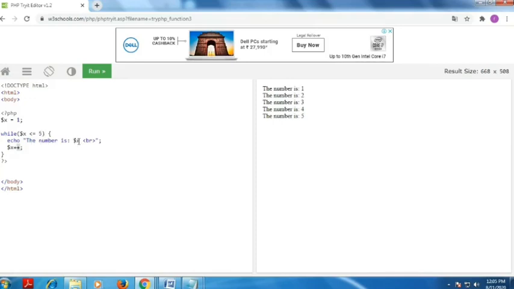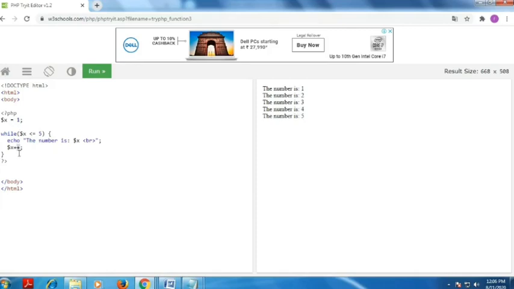The number is 4 is executed. Then 4 plus 1 equals 5. The 5 goes to the condition: 5 less than or equal to 5. Actually, 5 is not less than 5, but 5 is equal to 5, so it's correct. The condition is true, the statement executes, and the result is: the number is 5.